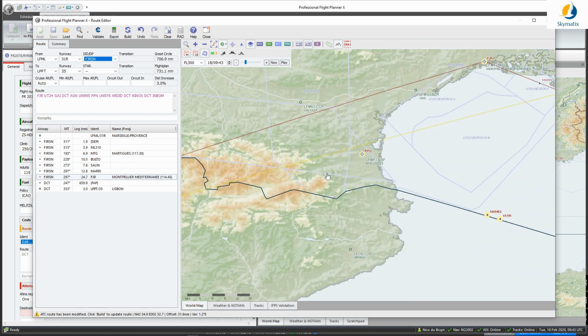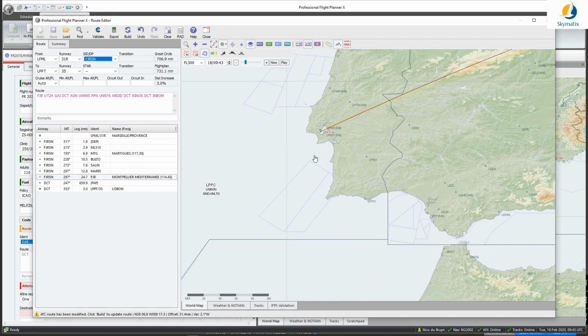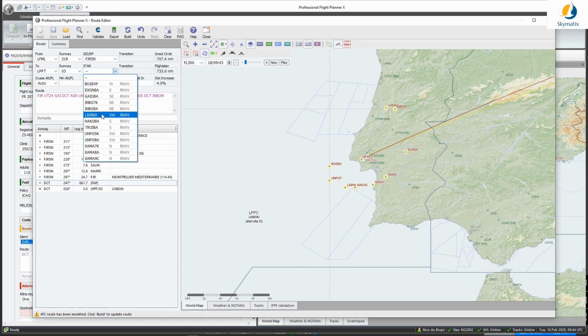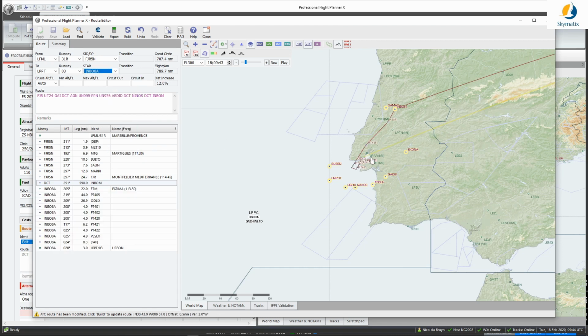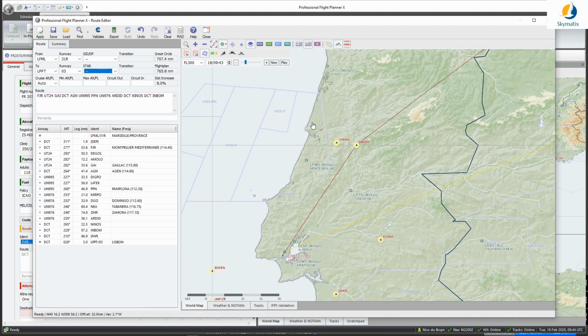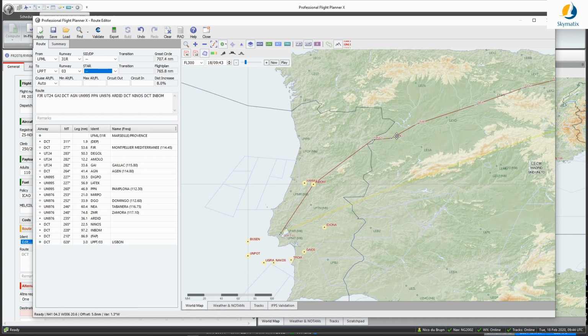Right, and then at LPPT, we said we're taking runway 03 and in bow 8 Alpha. So there you can see exactly the same thing. Let's build that flight plan a little bit. Alright, so